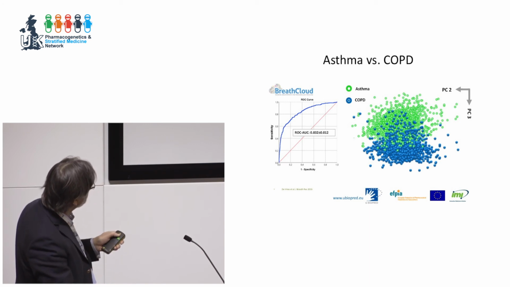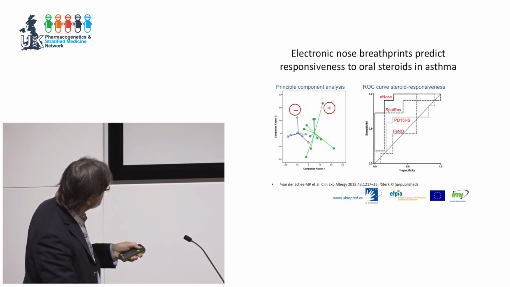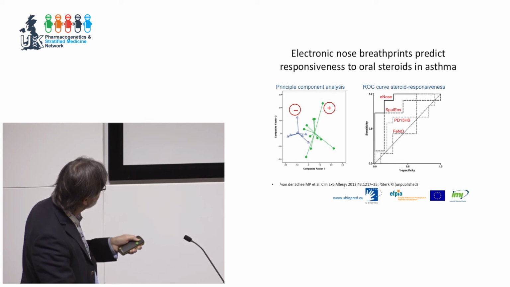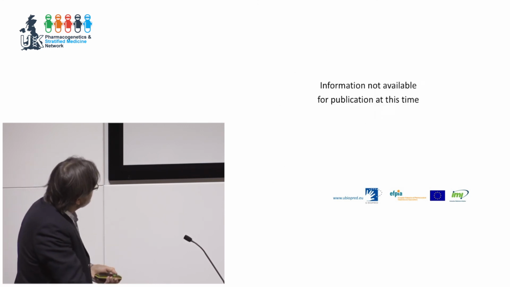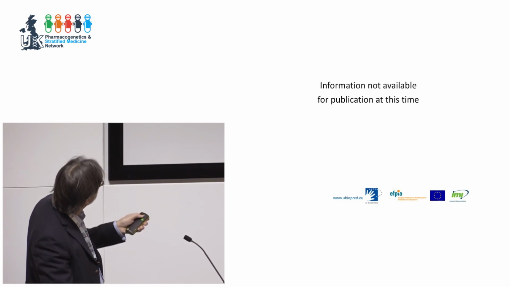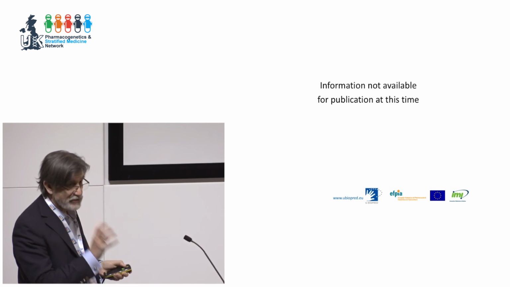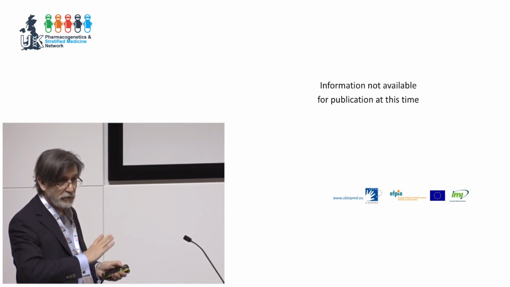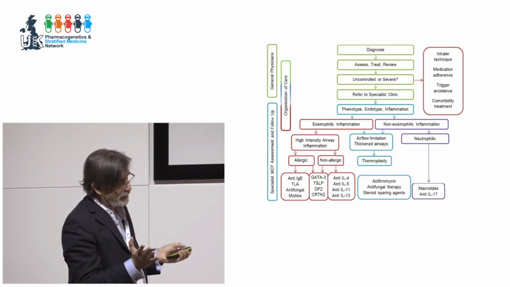What about prediction of whether a patient is going to respond to steroids? So these are some of the biomarkers that are good at predicting, but look at eNose. It's much better at predicting whether a patient will respond or not. And here is the icing on the cake. Can it predict a response to a biologic? Yes, it can. Look at the ROC, 0.85. It can predict, sniff out who is going to respond to this expensive biologic. Okay, so this is where we are at the moment.